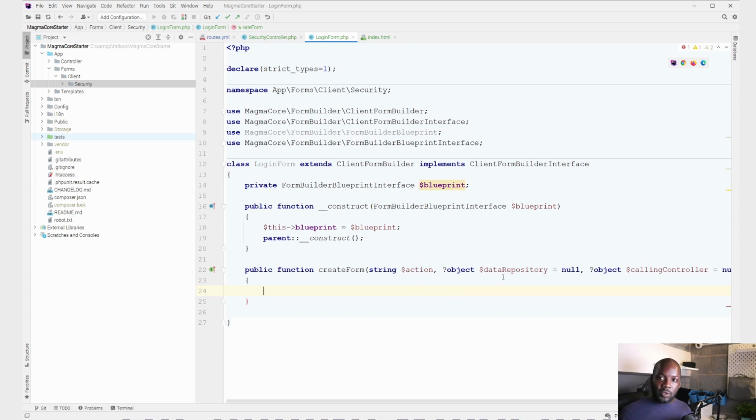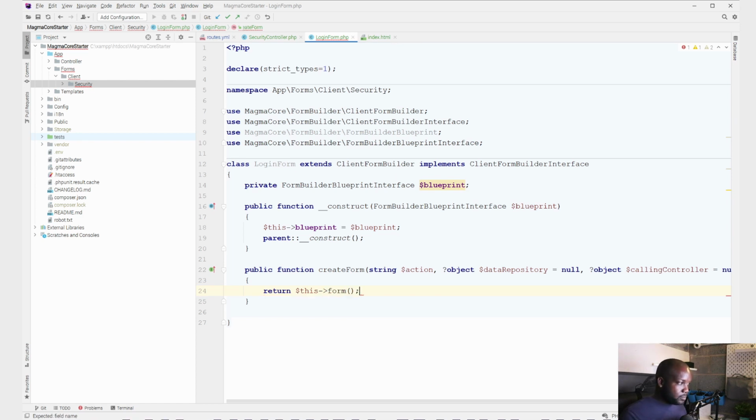We're going to be returning a lot of the methods that we got in our form builder component, and this client form builder simply extends that main form builder component, and what that does, it provides us with that gateway from our application point of view for us to access the various different methods that we need to build our forms, right? So the first method within the form builder component we're going to be calling, we're going to return this giant method. So I'm going to say return, to say this